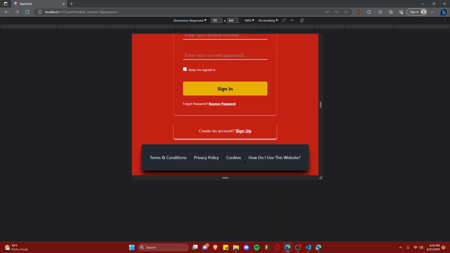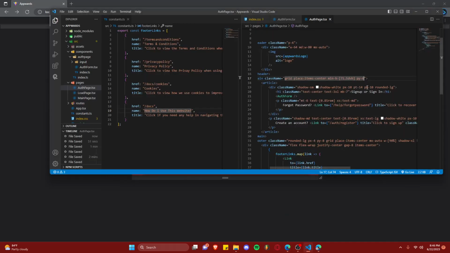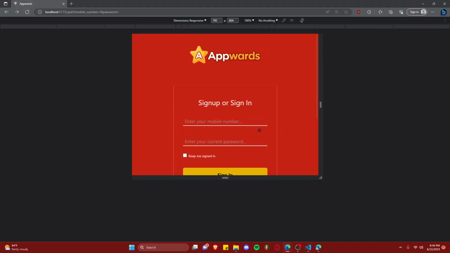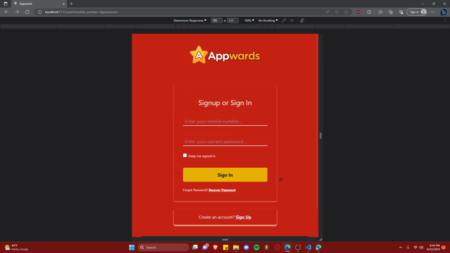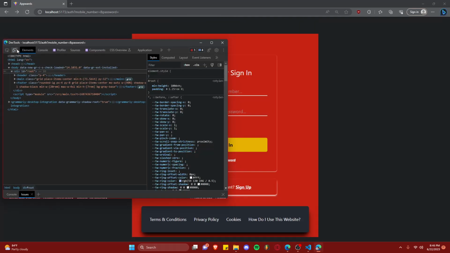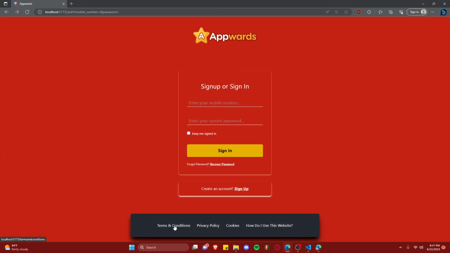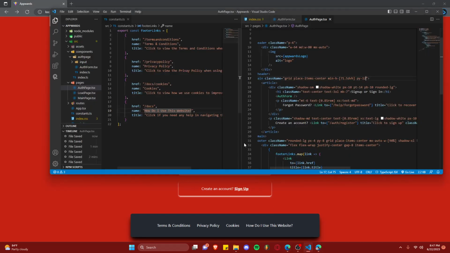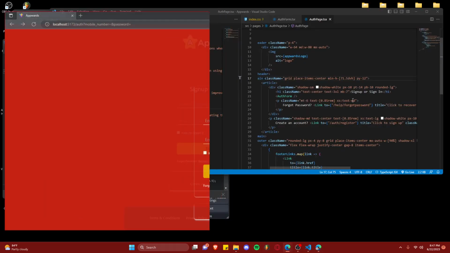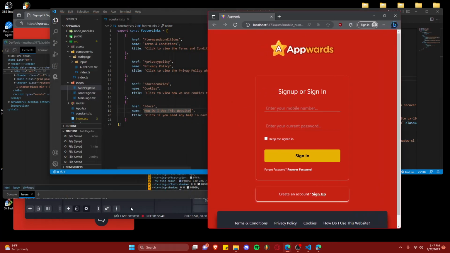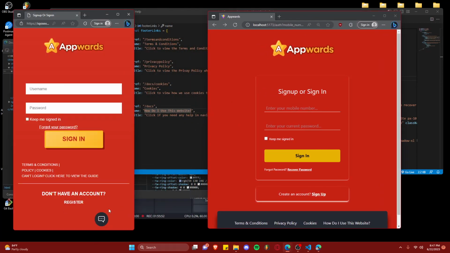There we go. I just need to increase the padding of the main actually, so beware of that. Yeah, okay. That's very good to me. Although I know that maybe we can change this to yellow of some sort. But this is the primary button, so I recommend red. Oh no, the background is already red. We can definitely change the background color for this, but for now, this looks much better to me than this one over here. I forgot to add this, but I can just add that in the next